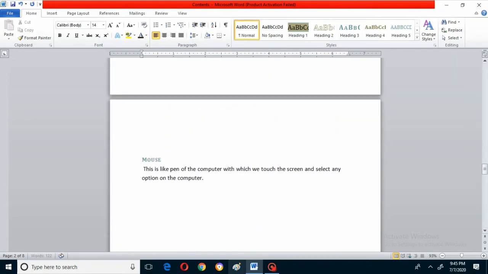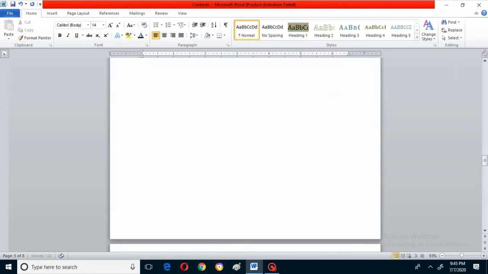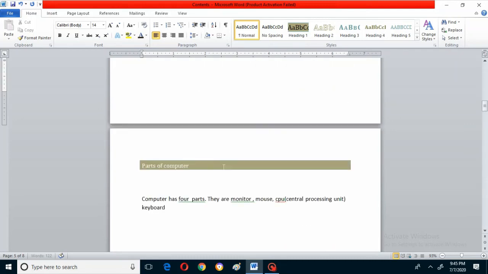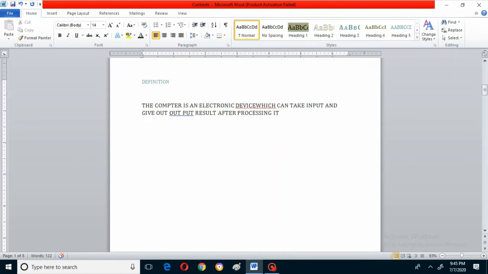I'm coming to the first page, sorry, second page, which is where the matter is. The first page I said I will always keep blank, right? Now you are in the first page. Can you see here the definition? This is the heading and this is the paragraph. Think that this is a paragraph. I have given just 2 lines.